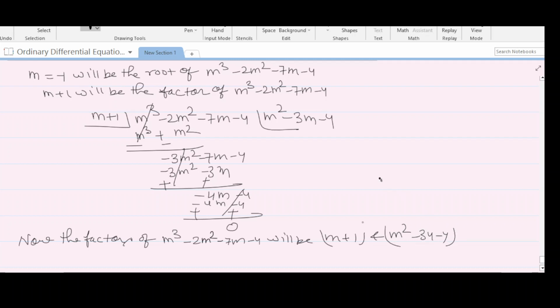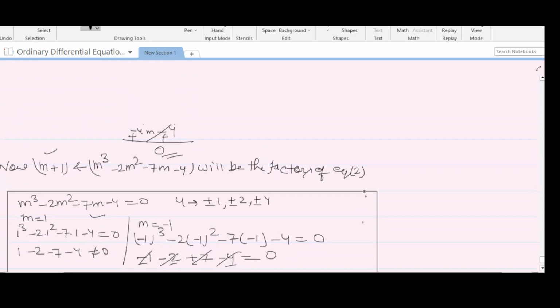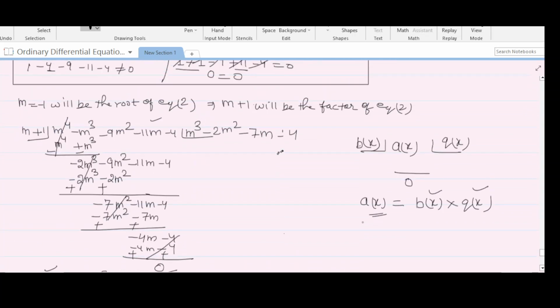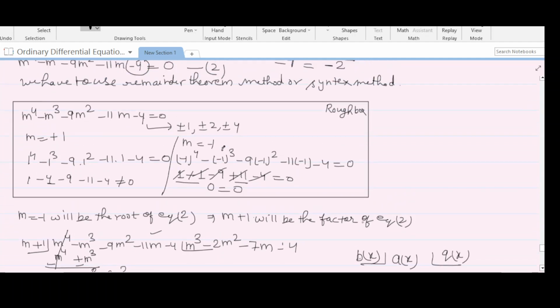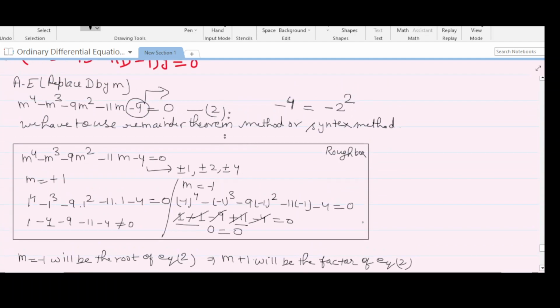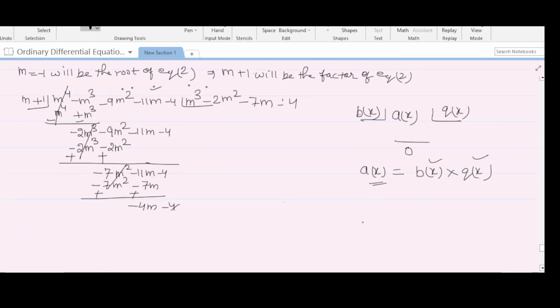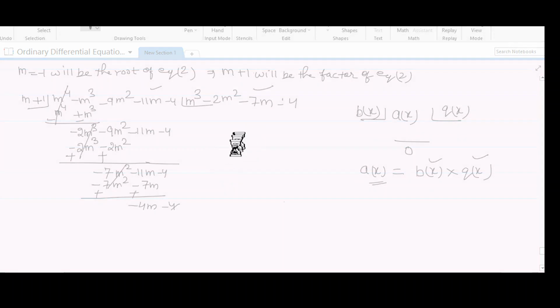Here you can see that this cubic equation has these two factors, and this biquadratic equation, which was our equation number 2, has these factors. One is a simple linear and the other one is quadratic. So the final factors of equation 2 will be